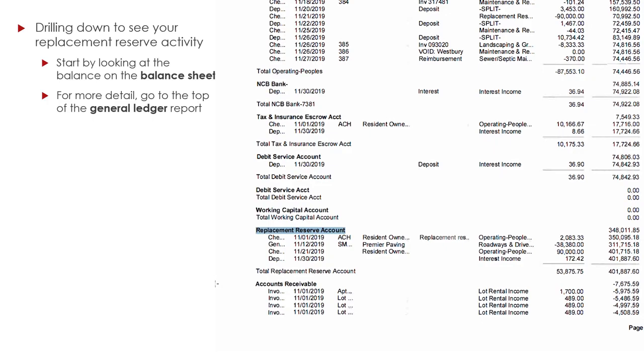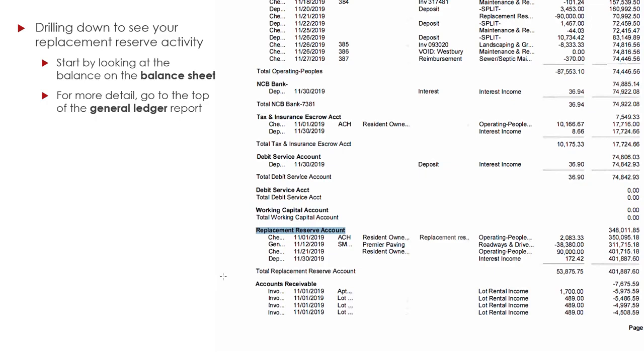Here, using this real co-op's November general ledger, you can see a number of things. The end of the month balance, $401,887.60, the same as provided on the balance sheet, is listed on the lower right. The start of the month balance for this account is listed on the upper right of this section. There are also 4 entries, 4 things that happened in this account this month. For these account ledgers that are listed on the general ledger, money deposited or added to the account is positive, and expenses paid out of the account are negative.